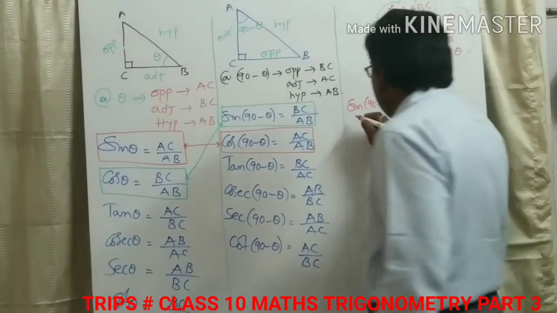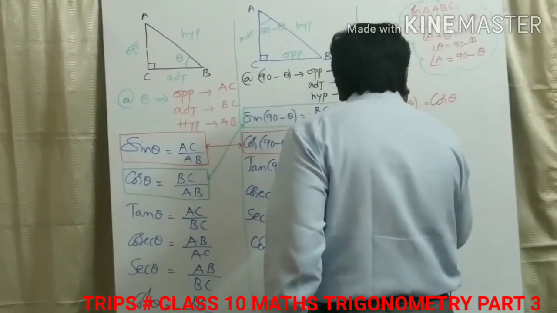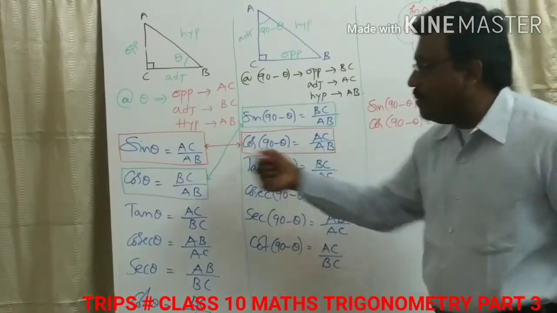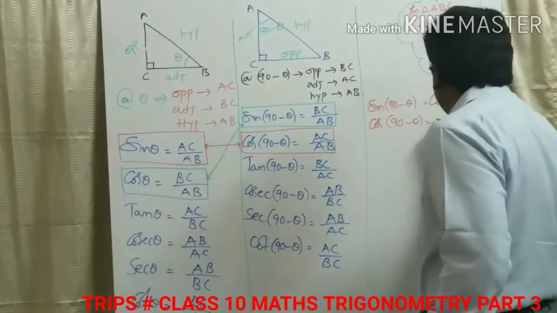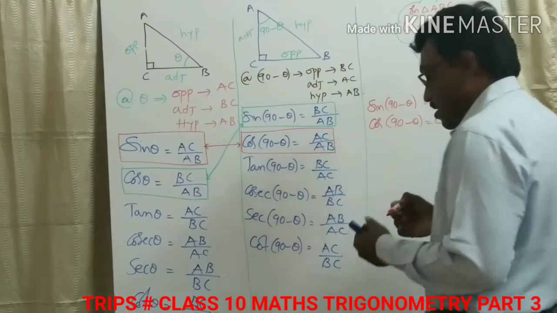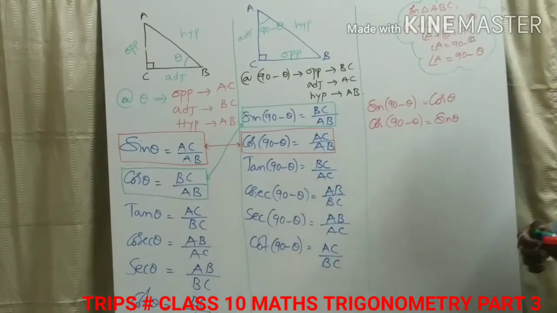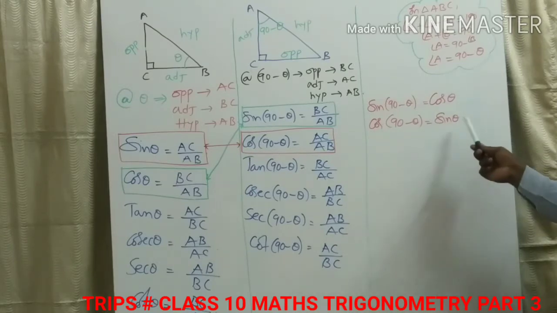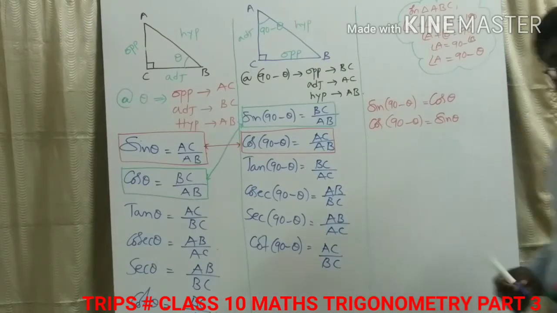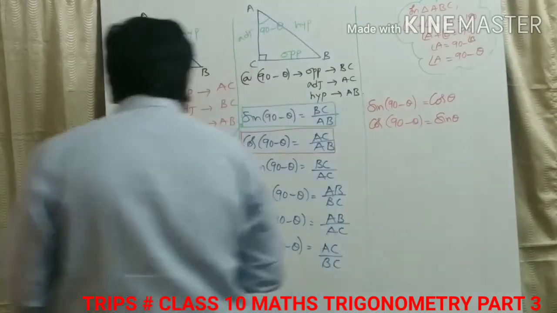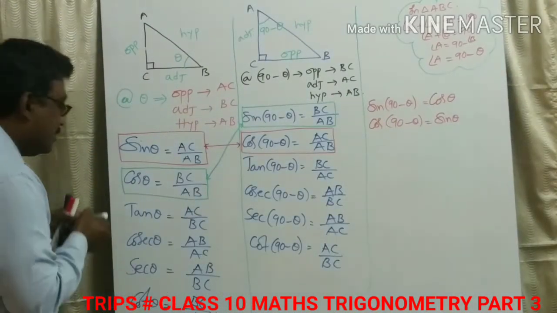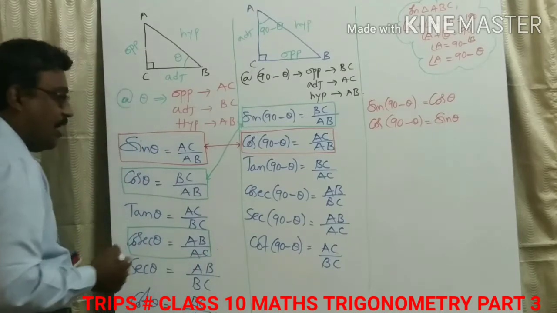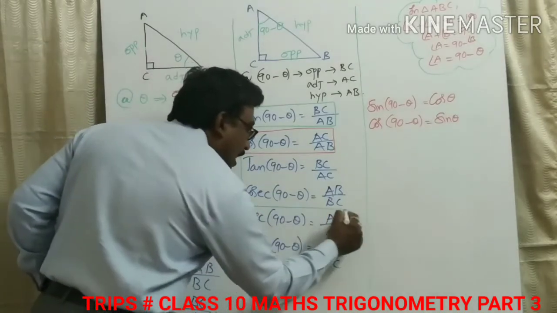At the same time, cos(90 minus theta) is AC by AB. That is sin theta. Okay. So sin(90 minus theta) is cos theta, and cos(90 minus theta) is sin theta. Now one more we will see, that is, cosecant(90 minus theta) and secant(90 minus